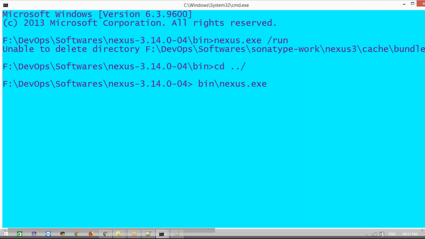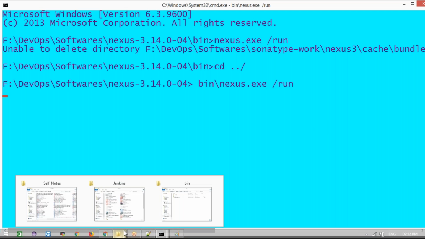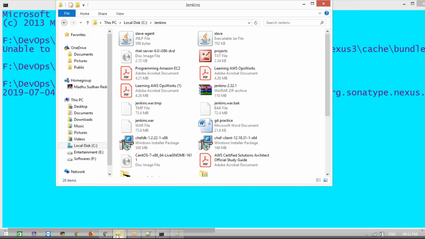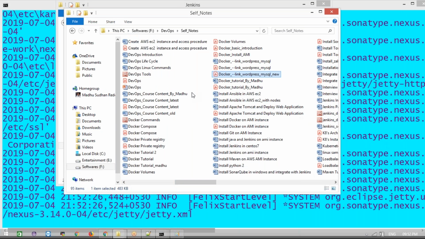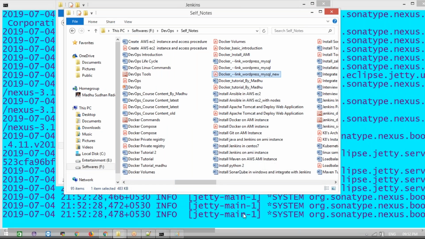Bin slash nexus.exe/run. This is /run. Let me open my documentation, I've written a document for this. I don't know why it's not running at first. I ran the same command today. Now it's working. Okay, it's working.